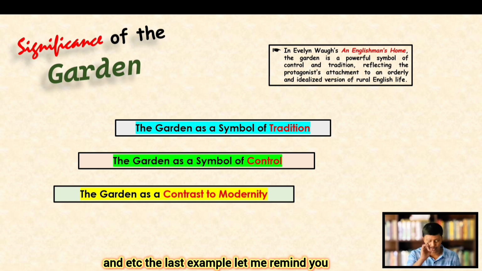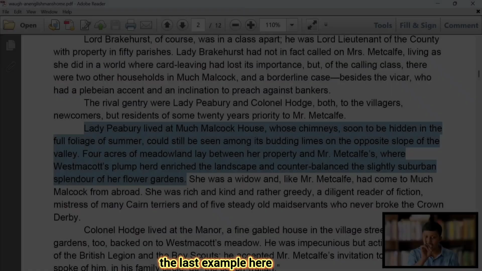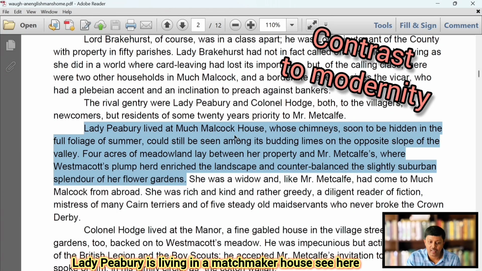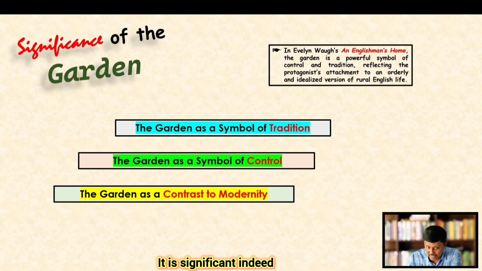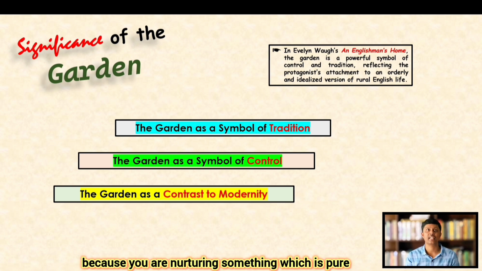The last example, let me remind you. Here, Lady Peabury is living in a Matchmalcock house, whose chimneys will soon be hidden in the full foliage of summer. So it is not important whether your chimneys are working properly or not. It is significant indeed that the full foliage of summer will be seen. So naturally, the garden is a contrast to modernity because you are nurturing something which is pure, which is healthy,